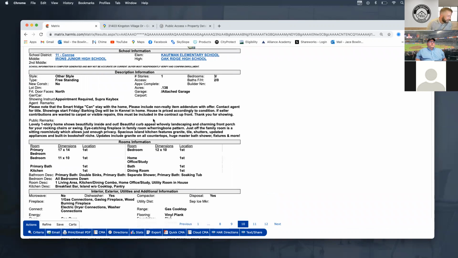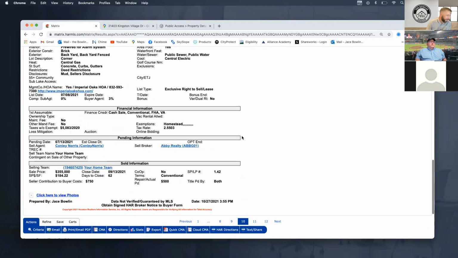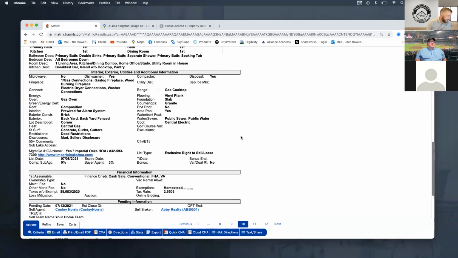If seller contributions are wanted for carpet or visible repairs, this must be included in the contract up front. Thank you for showing. Granite on all countertops, huge master bath shower, which we're not really saying that anymore. Fixtures and more. I'm pretty sure, and I'm not dogging on Laura here, but I think this is